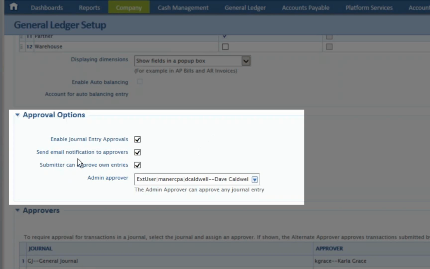Second question is to send email notification to approvers, and we check that box to make sure that if we are going to be using the email portion of the system, we do want to have Carla Grace in this situation notified. And by the way, just as a side note, and just so that I don't miss it as we go along,